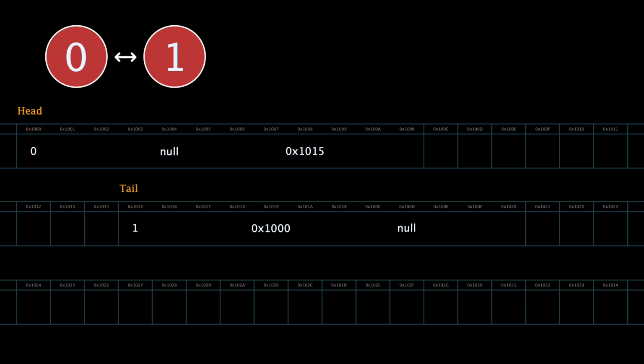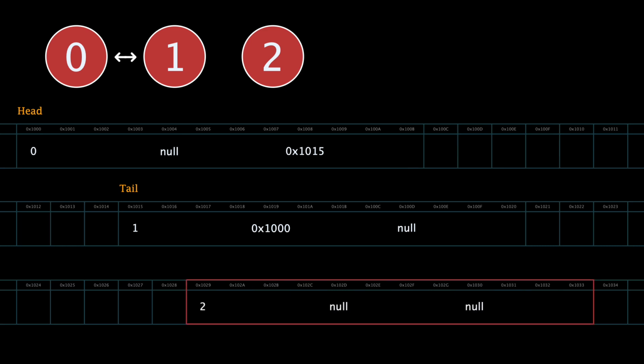The programmer has direct access to both the head and the tail, which means you can perform operations from either end of the list. If you want to add another node at the end, we allocate another 12-byte block of memory for the new node, and then we can update the node's reference to point to the current tail, and the current tail itself will point to the new node.